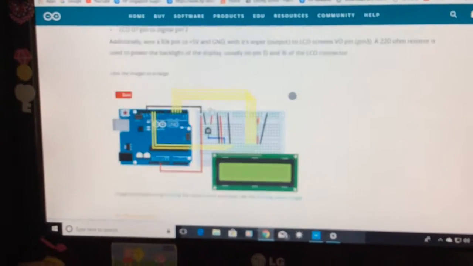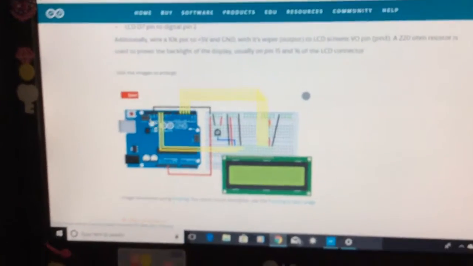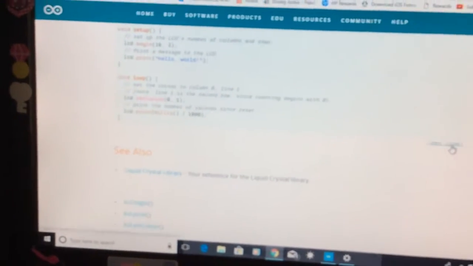you have to come to the web page. You have to first download or print this image. So you'll scroll down, and you can see this thing called get code. You have to click on get code, and you have to just scroll down and you have to select it from #include liquidcrystal.h. From here to here, you have to just copy paste it, and this is how you have